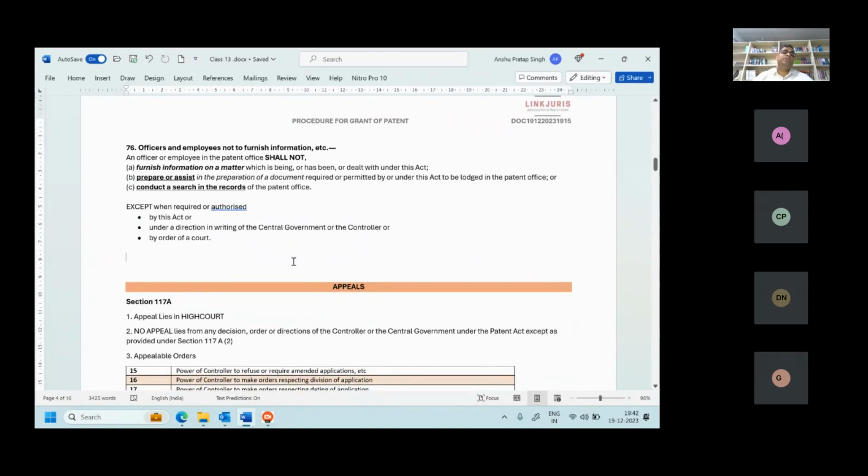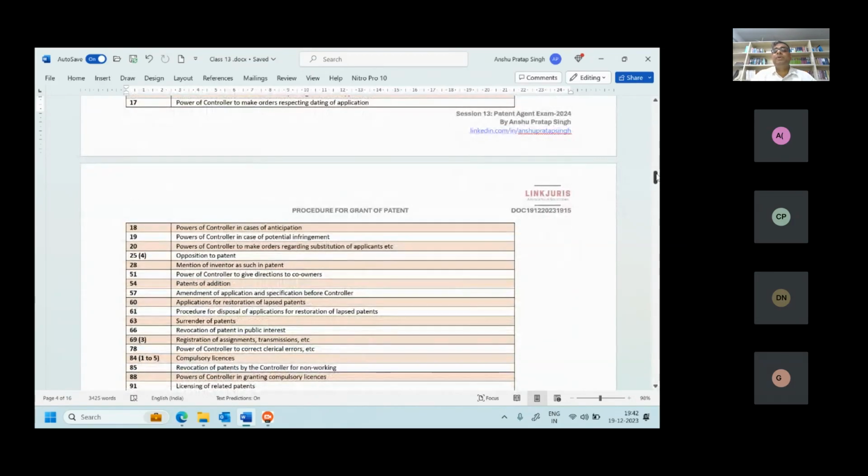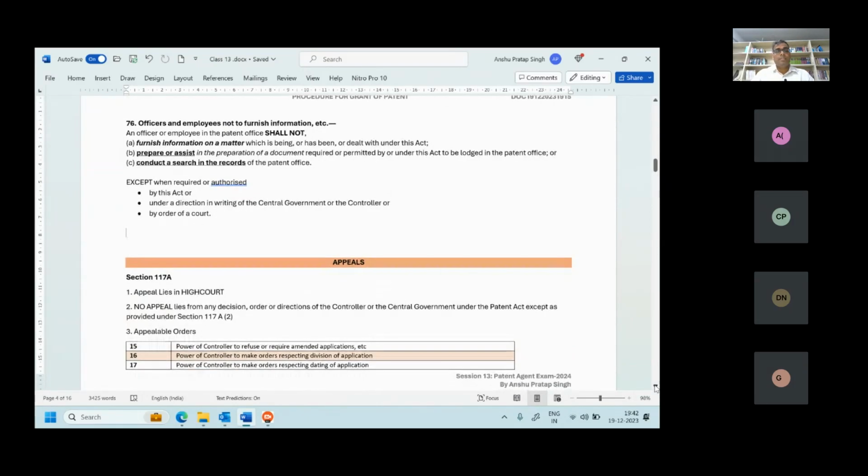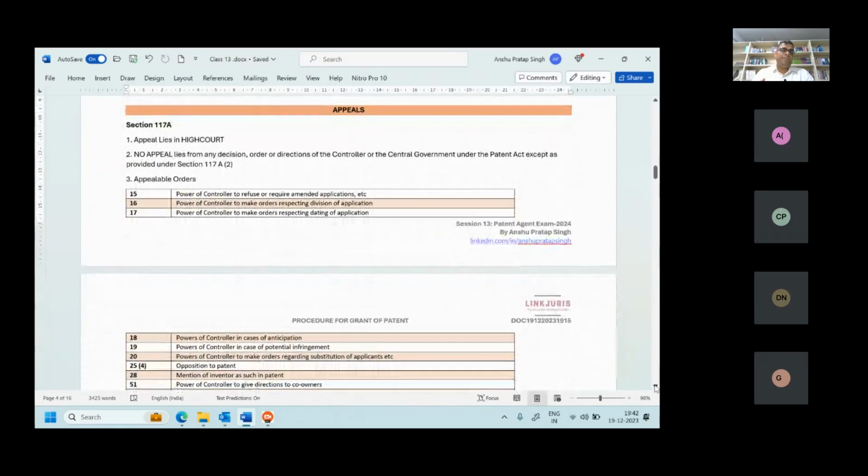So this is with respect to the Patent Office and the register. Now, suppose the controller has made a decision. If your controller has made a decision and you are not agreeing to it, you can appeal. Appeal will lie in the High Court. No appeal lies from any decision, order or direction of the controller or central government under the Patent Act, except as provided under the section